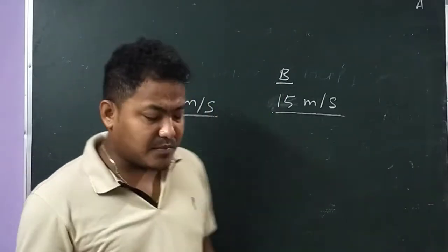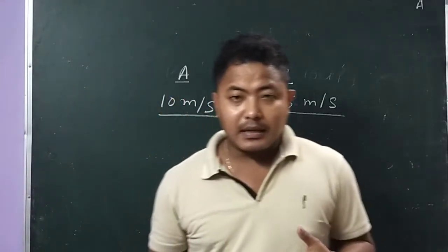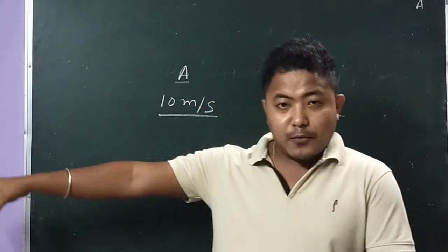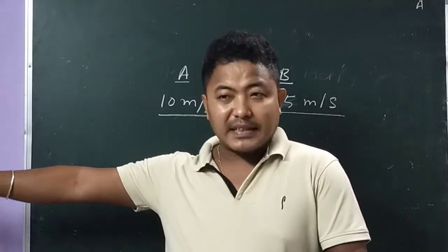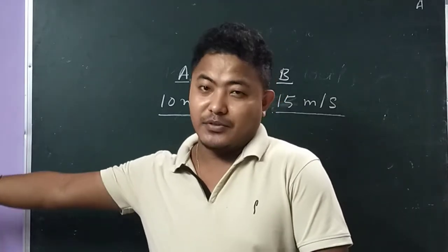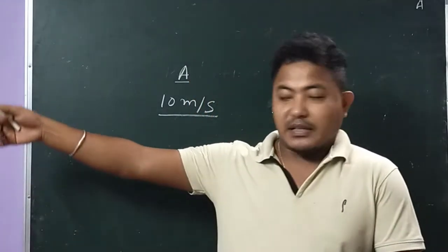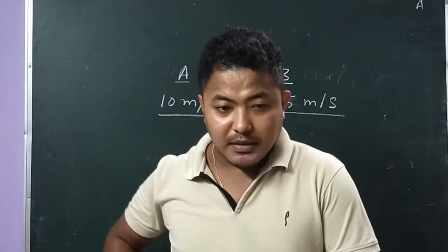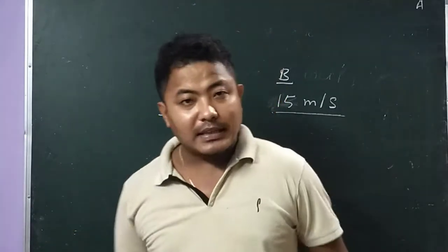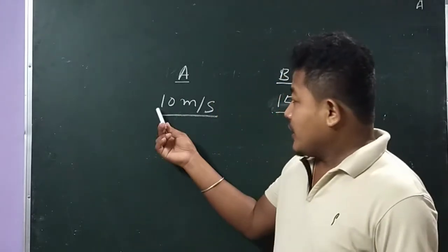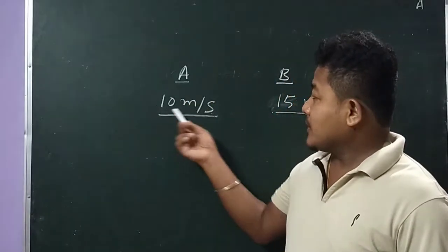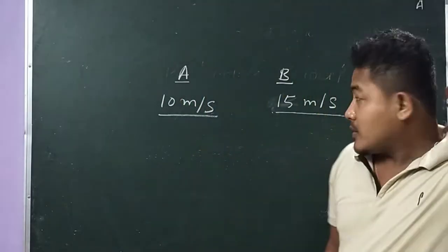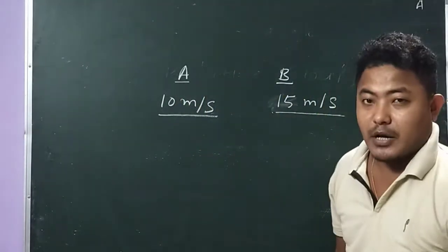ground means, suppose I am object A, my velocity is 10 meters per second. The observer who is at the ground, that I have considered as the ground. That means with respect to the ground, with respect to the place where I am standing, the velocity of the body is 10 meters per second. Remember that this velocity of 10 meters per second is with respect to ground, and this is also with respect to ground. But